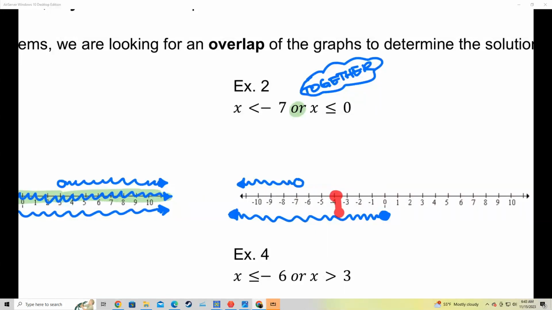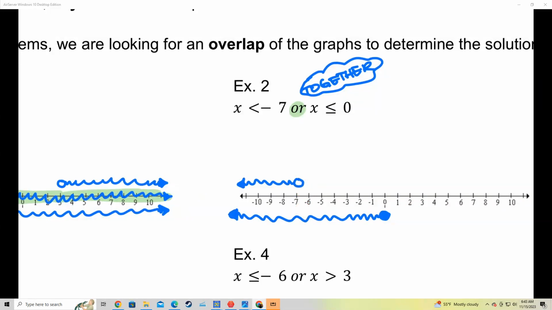-4 is part of my answers because it got shaded on the bottom. -1 is part of my answers. It got shaded on the bottom. 0 is part of my answers. It got shaded on the bottom. However, the number 2 did not get shaded on the bottom or on the top, so this is not part of my answers. So it looks like if I put these two sets together,